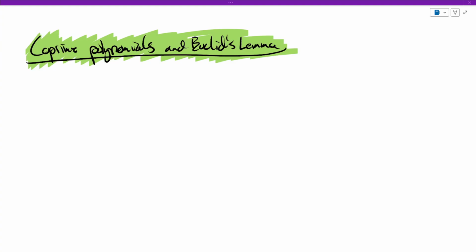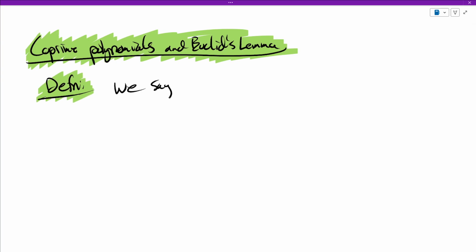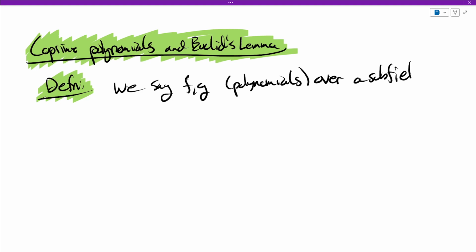All right, so we're going to talk about the polynomial version of Euclid's lemma. So a quick definition first. We say that two polynomials, so again, these are polynomials over a subfield K of C with GCD equal to 1 are coprime,